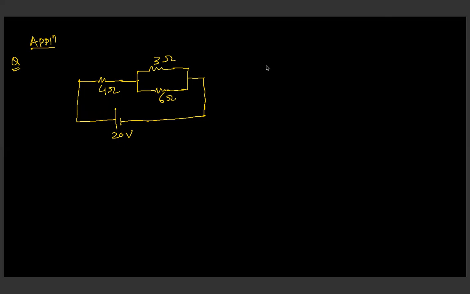So the junction rule is based upon the net current at the junction being equal to 0. So what is the method? If this one is 20 volt, then this point will have a potential of 0 volt. As this point is connected to this particular point by a straight conducting wire, this one will also have a potential of 0 volt. So this one is also 0 volt. And this point will have a potential of 20 volt.